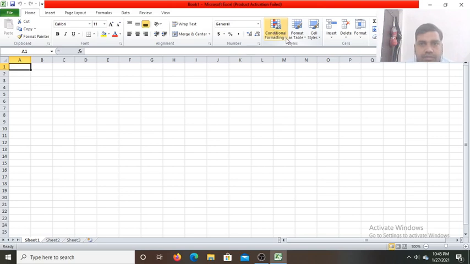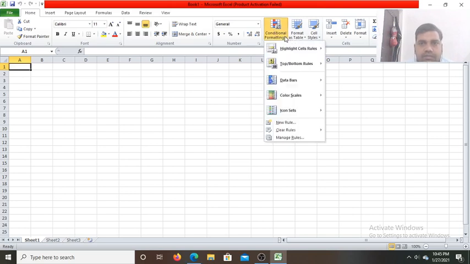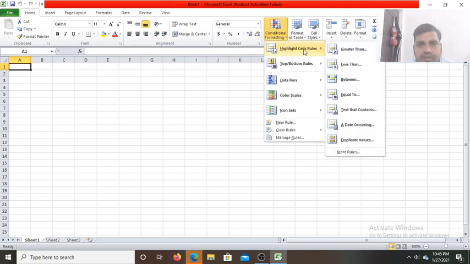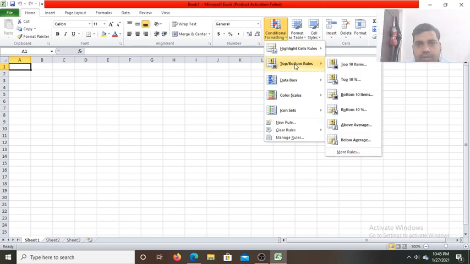This is the drop down arrow. Now see, highlight cells rules means greater than, less than, between, equal to, text that contains, a date occurring, duplicate values, or more rules. Then top and bottom rules: top 10 items, top 10%, bottom 10 items, bottom 10%, above average, below average.